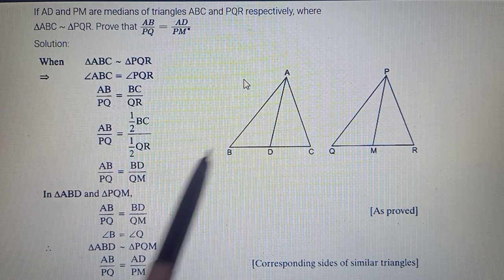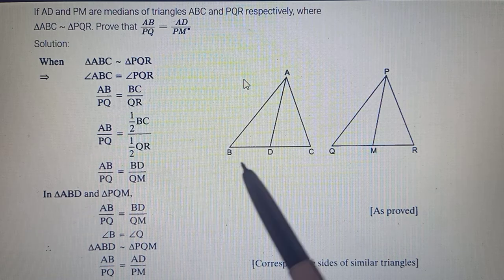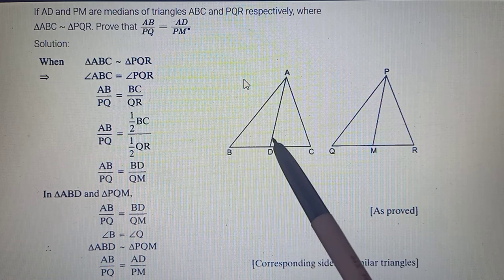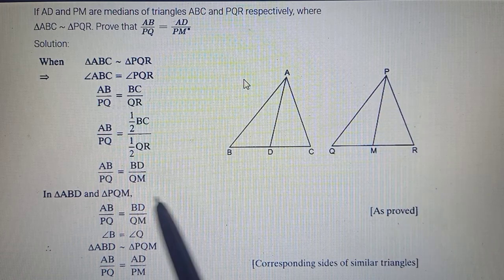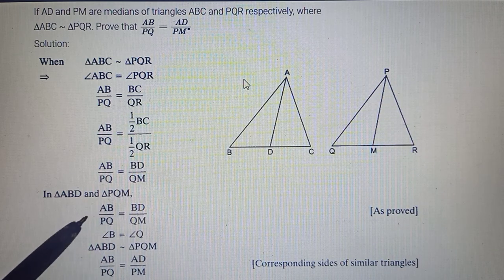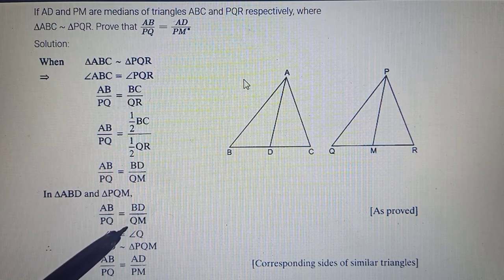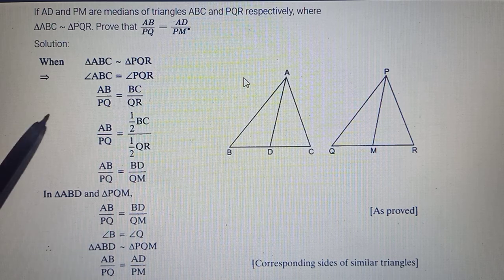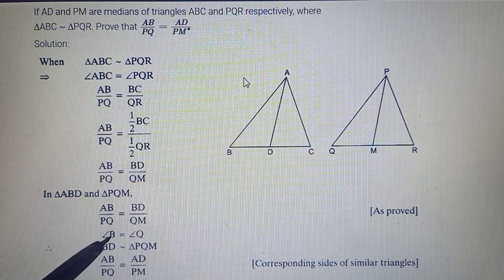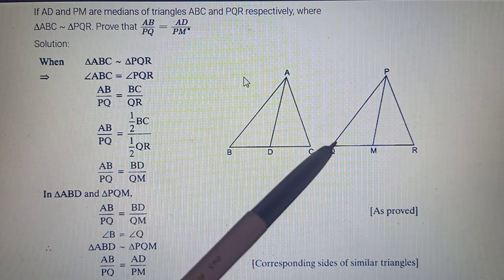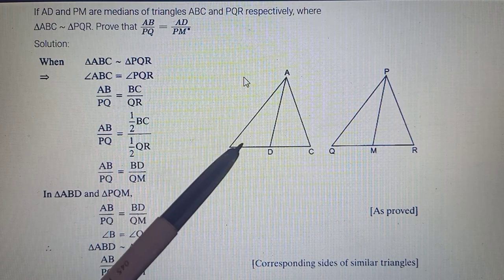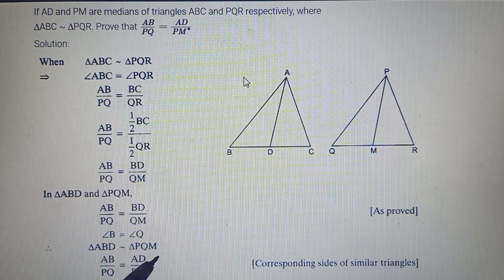Okay, now you come to the small triangles. Now when we come to the small triangles, that is ABD triangle and PQM. So in these two triangles, it was already given that AB is proportional to PQ, and this we have just now proved. BD and QM were also proportional, and this equality we get from the fact that the triangles were given similar. So their included angle is also equal. So SAS criteria is fulfilled for the smaller triangles to be similar.